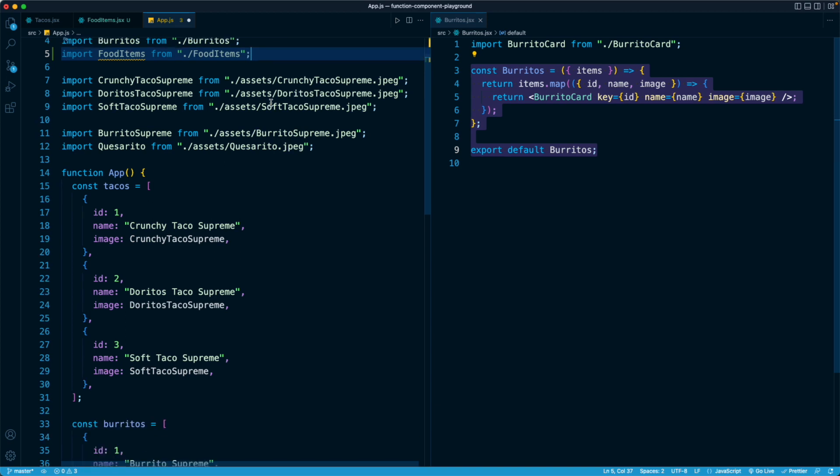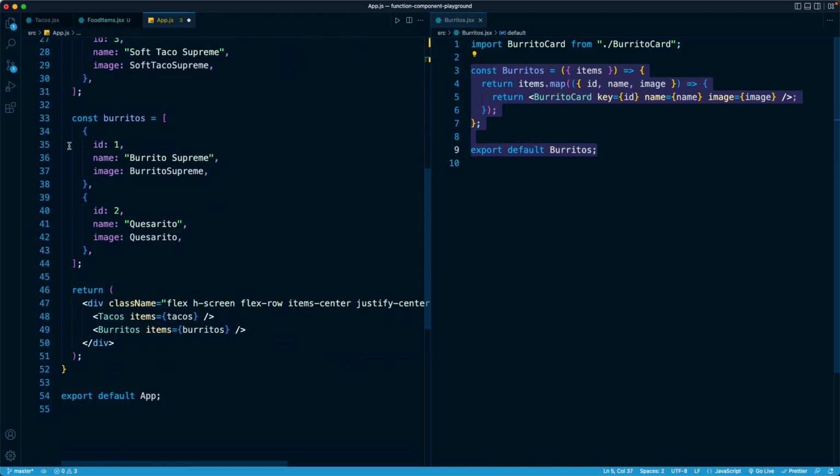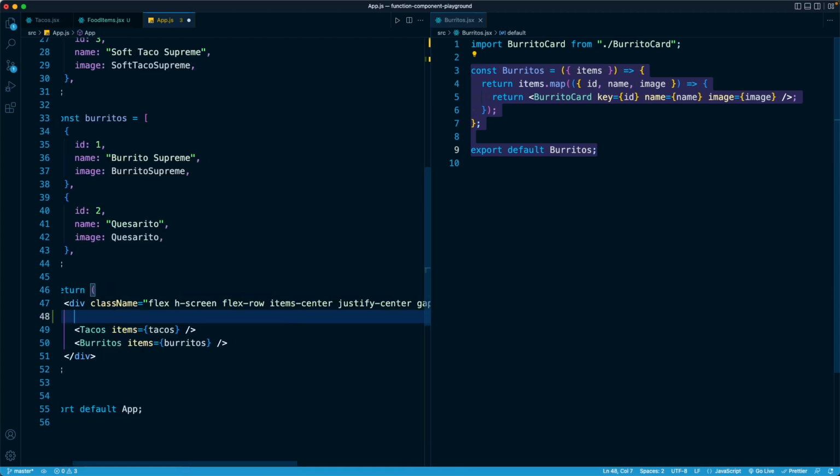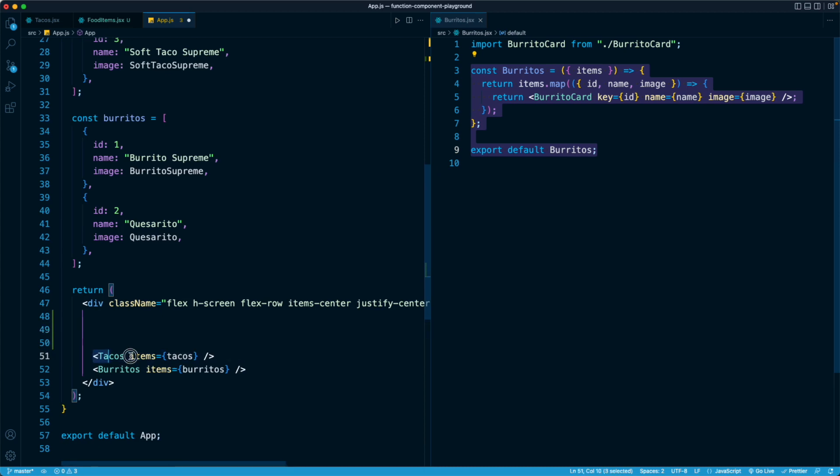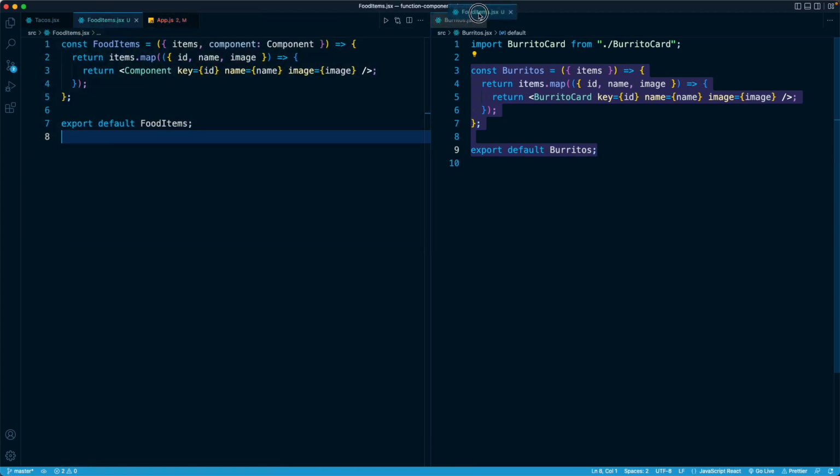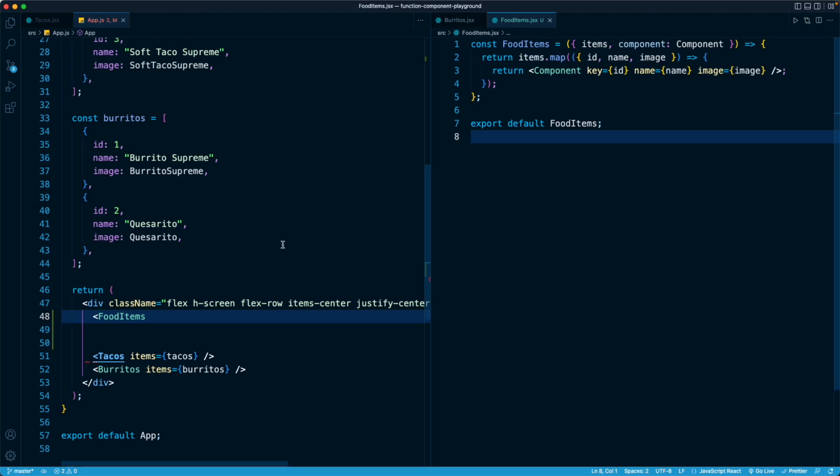But let me scroll down, and right here is where we had our two renderings of the food items component, the tacos component and the burritos component. I want to replace these two component renders with two renders of food items. So let's compare the before and after. So right here, I'm going to replace my tacos component by rendering food items, right? It still needs an items prop. Let me remind you of what food items looks like on the right-hand side, by the way. Here it is. So food items still needs an items prop, and I'm going to give it the tacos array